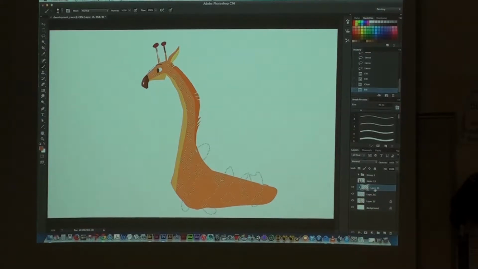Okay, made a mistake. The computer never lies. What I did is I nested it to the wrong layer. I did it to the eye. Can you see that? Let's